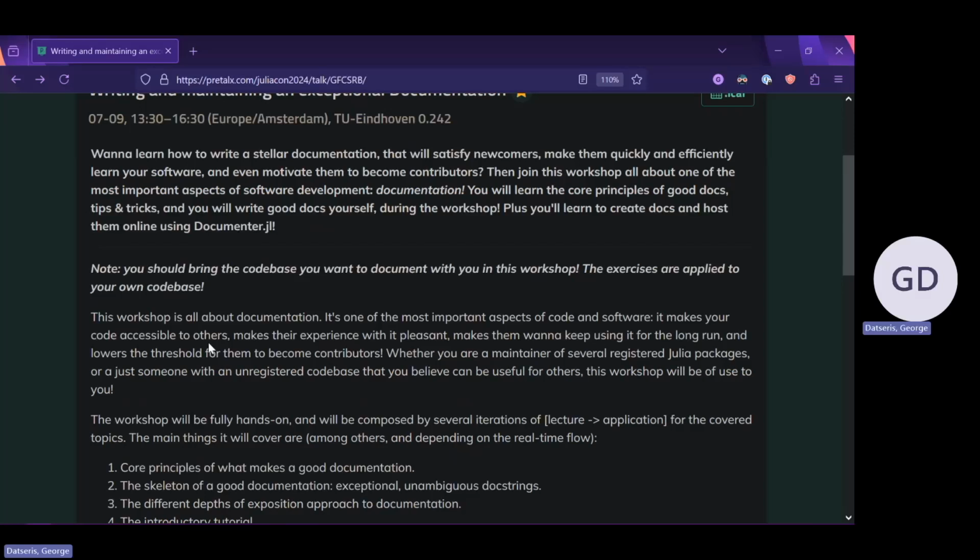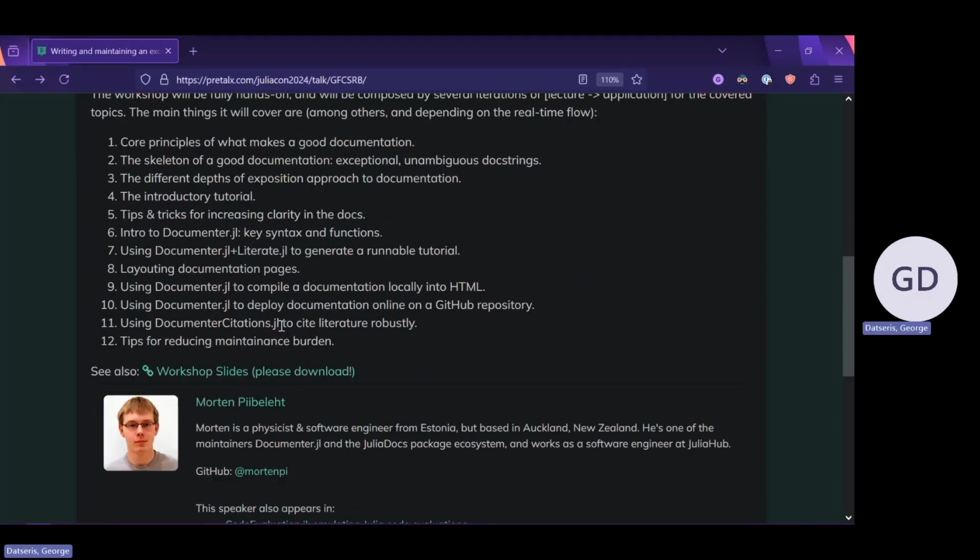But even if you have no piece of code, don't worry, because all the principles that you will learn today, I believe, will be very useful for you. The workshop has some slides that are online. If you go to the pre-talk center of the workshop, you can download the slides. You will be needing the slides to perform the exercises because you will need to refer to the information in the slides.